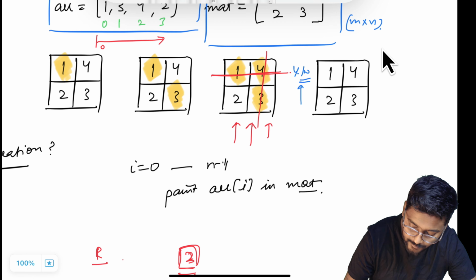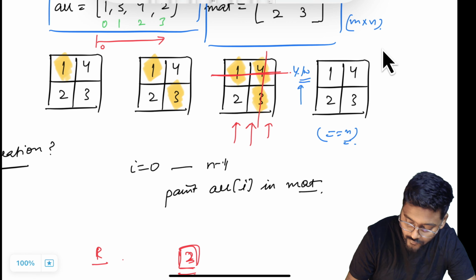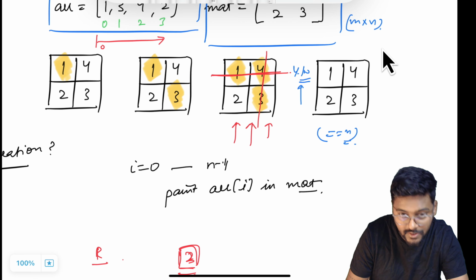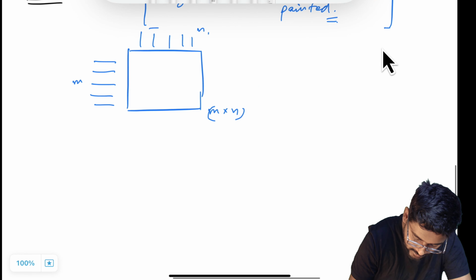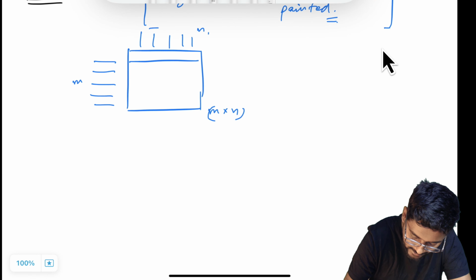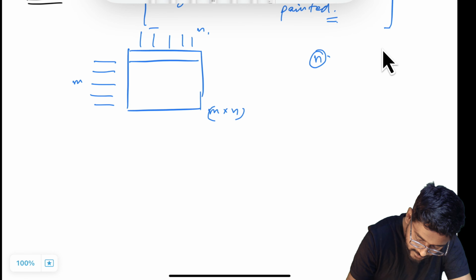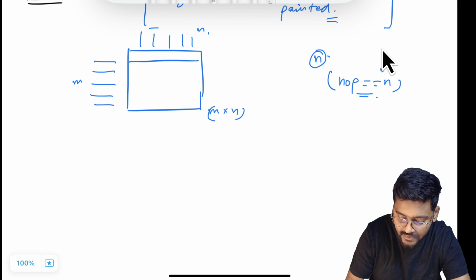If the number of painted elements in the first row is equal to n, the number of columns, then we can directly say that the first row is completely painted. Okay, now this is the first row. How many elements are there in the first row? N elements are there. So if the number of painted elements in the first row is equal to n, in that case we can directly say that the first row